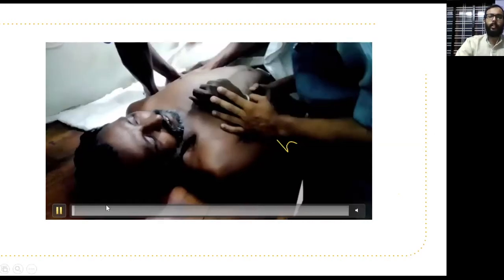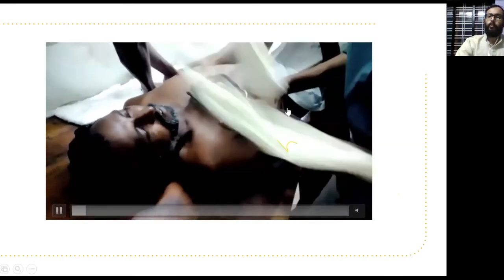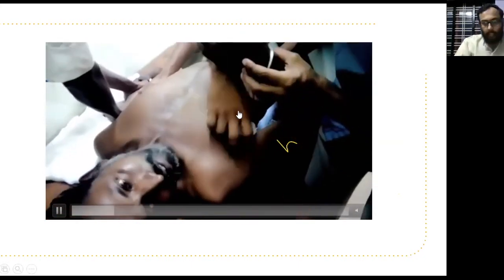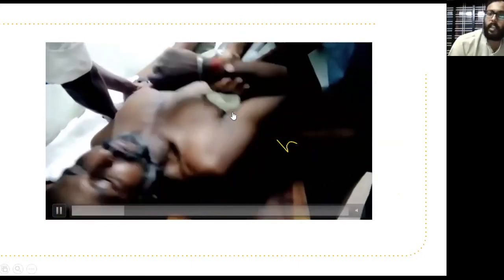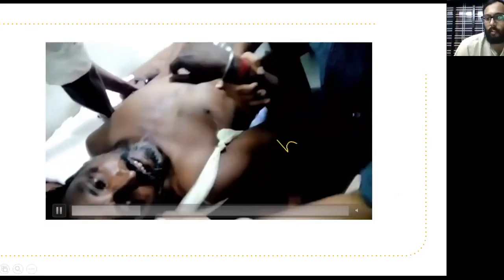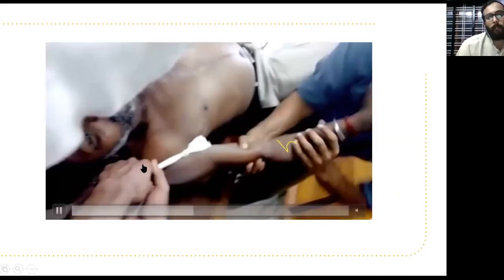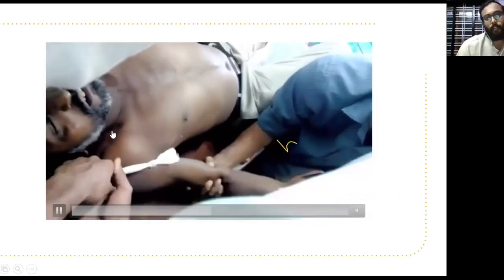Here you can see Koch's method. In Koch's method, you need an assistant, a very good assistant. A Kingara. Kingara means Kim Karodi. The assistant should help you to do all the things. Here you can see, with the help of an assistant, a counter traction is applied like this. Counter traction should be applied like this.